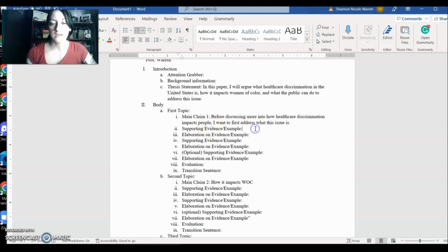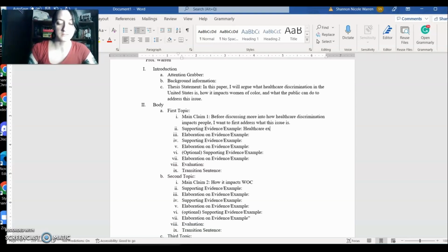Now, this is where you want to go into your research, whether you're using an academic article here, a credible internet source, or a book. Here, I would highly recommend either pulling a quote out, if that's what you want to do, or paraphrasing a section. So, let's say, for instance, you wanted a quote. We could do something along the lines of, and I'm making this up off the top of my head, so don't take this as truth,